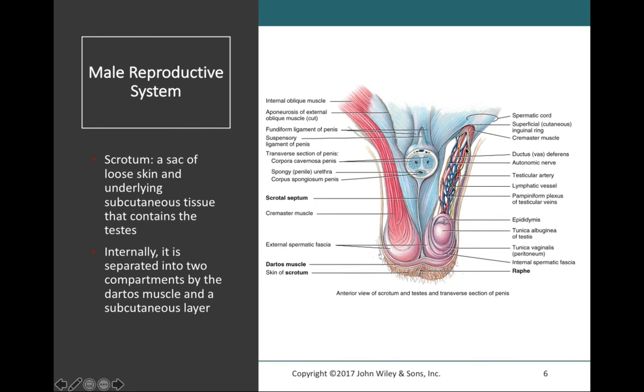But we're also going to find inside of the spermatic cord the testicular artery, as well as the testicular pampiniform plexus of veins, lymphatic vessels, autonomic nerves, and also the cremaster muscle. All of these are structures contained within the spermatic cord. So you can see that there are many different vessels that need to make their way to the testes. The testicular artery is going to be in here to supply the testes with blood, and the pampiniform plexus of veins are going to be present to drain the testes of blood. We're going to have autonomic nerves and lymphatic vessels as well, and even the cremaster muscle, which is actually shown